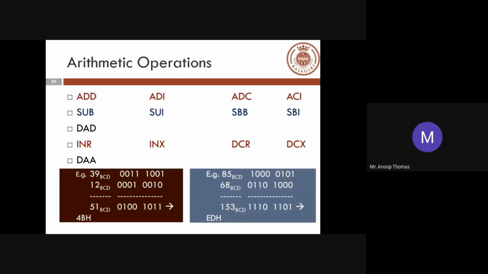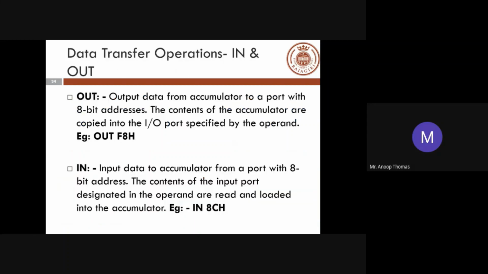So that's about your data transfer operations or data transfer instructions: move, immediate, load, store, push, pop, then special instructions like SPHL and PCHL. PC based instruction is not part of your data transfer, but can sometimes be considered in that particular aspect as well. And then finally you have your push and pop instructions, and then IN and OUT instructions. So these are the basic instructions which are associated with move.